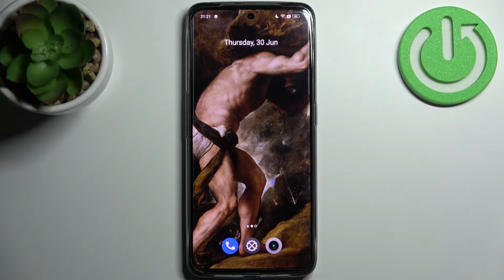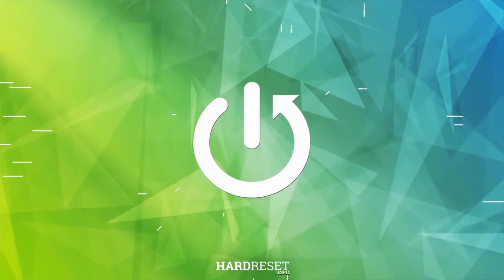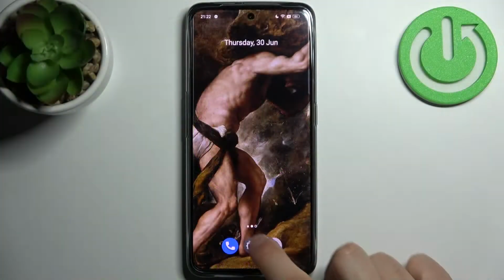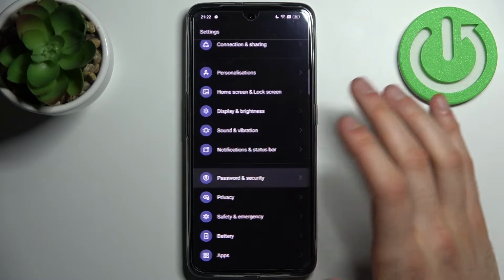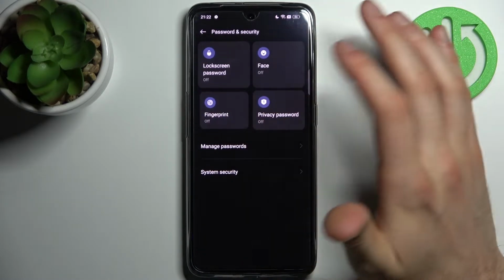Here I have Realme GT Neo 3, and today I'm going to show you how to lock apps with fingerprint on this device. So firstly you have to open settings, then go to the password and security, then go to the fingerprint,